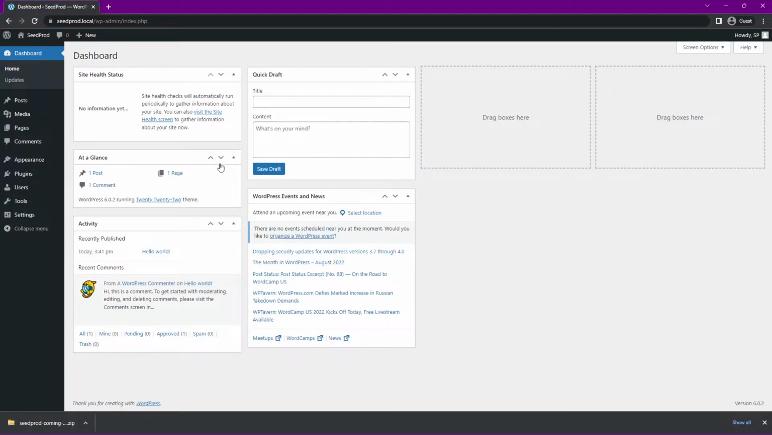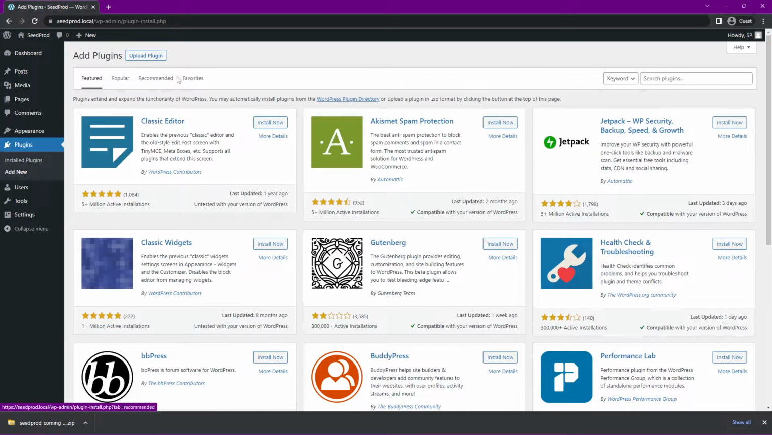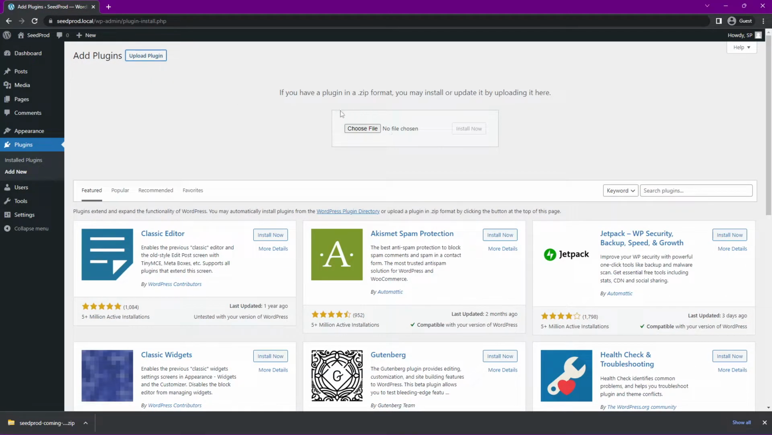Back in WordPress on the left-hand side, let's go to Plugins in the menu and Add New. And at the top, you'll see a little button here called Upload Plugin. Let's go ahead and click on that. And we'll see Choose File. You can click on Choose File and select the zip file that we just downloaded. Or if you're using the same browser or similar, we can click and drag and drop this right here